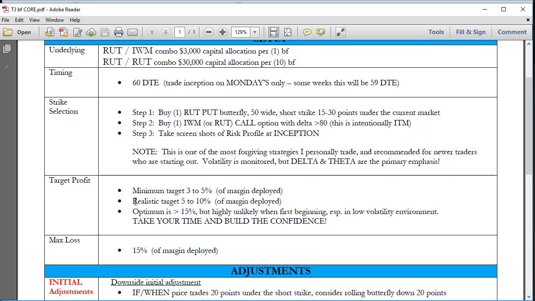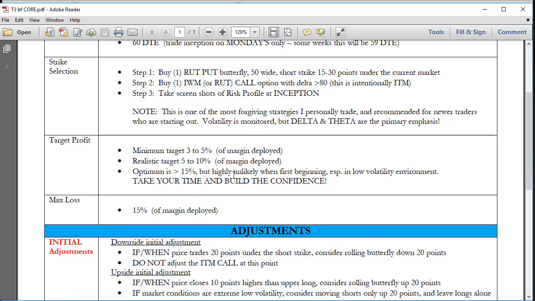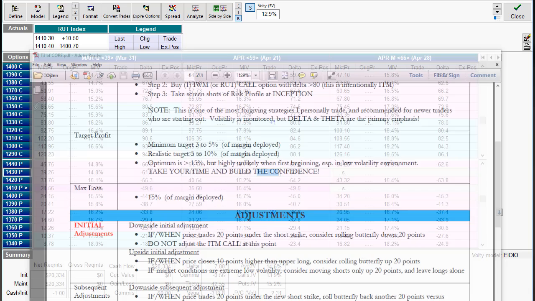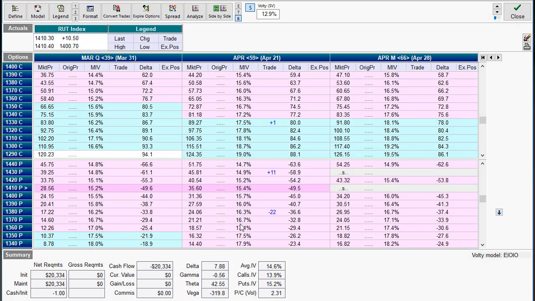So target profits, minimum 3 to 5% of margin deployed, realistic 5 to 10%, optimum is greater than 15. That's very unlikely when you're first starting out, but it is absolutely realistic and probable after you have been trading this for a while. Max loss 15%. Okay, so right off the bat, you'll see it starts out, if this starts out as a $20,000 trade using the Russell,